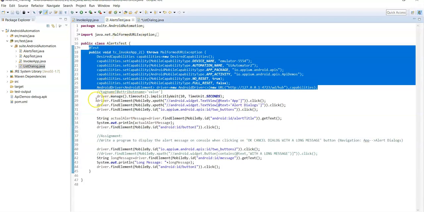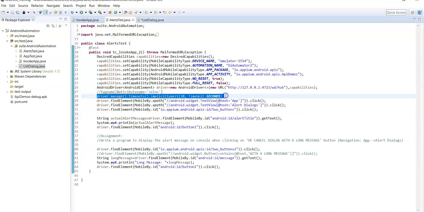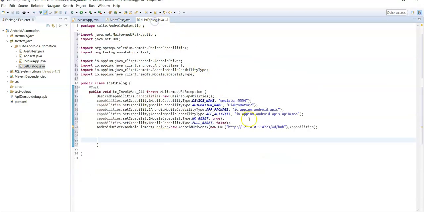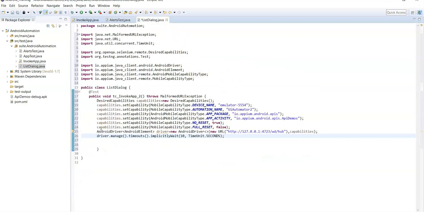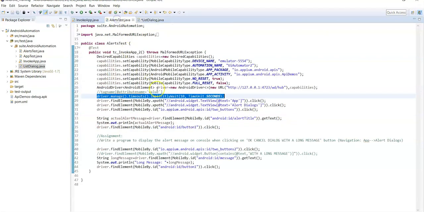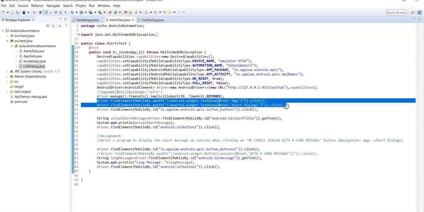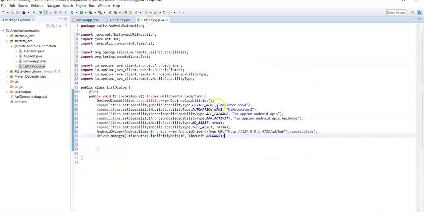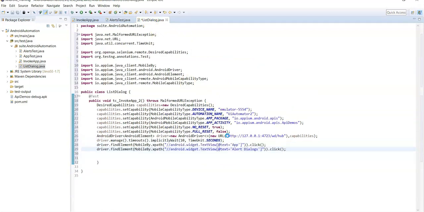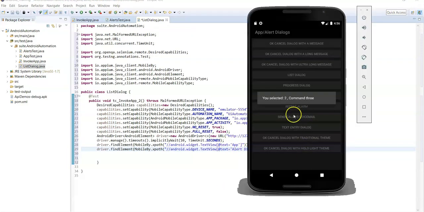And also you need to write the implicit wait command, right? Now the first step is we need to perform a click action on App. So we have already done until this, right? So we need to copy these two statements from the previous example. Now we have navigated to the alert dialog page.